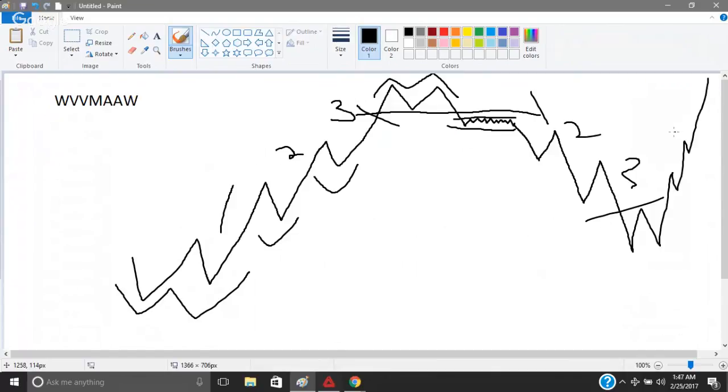How many times have you clicked out of a trade in the absolute worst spot on the chart? And they reverse on you. But yet again, how many times have you seen yourself click into a trade on the absolute worst spot on the chart? I said that funny. On the absolute worst part on the chart.